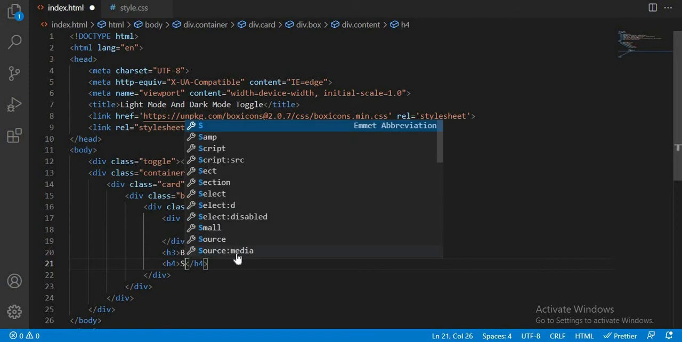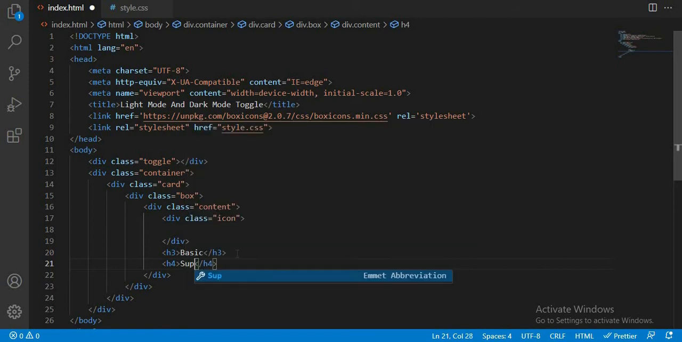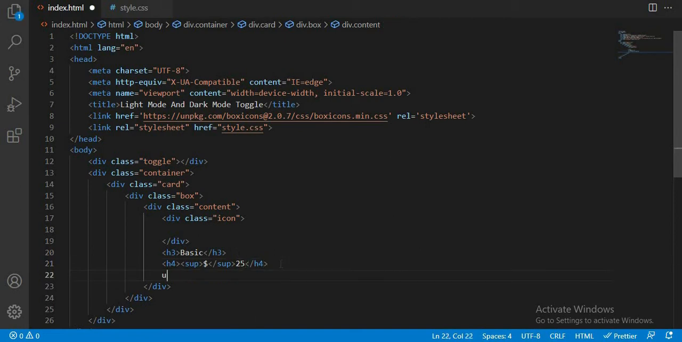So you should remember, if you followed the HTML and CSS crash course, you should remember me talking about the superscript and subscript. Okay, and over here we're going to have 25. Okay, so save this, and we're going to create a UL for the list,